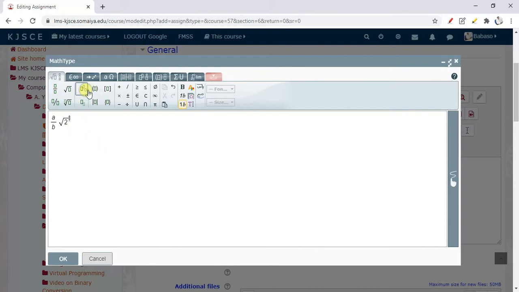Again you can use a raised to b. For example, I want a raised to b here, so I'll write a raised to 2, right? Likewise you can easily use these symbols or formulas in your assignment,